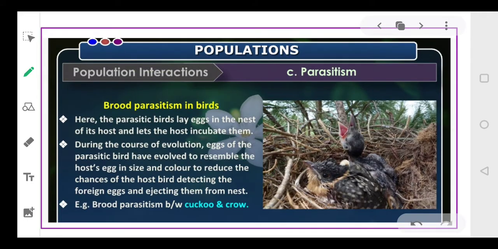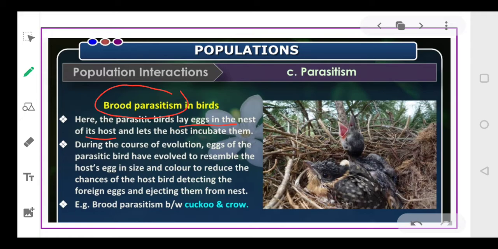Now apart from this, dear students, there is a third phenomenon which is observed, that is called brood parasitism. Now this is initially, or you can say actually, observed in case of birds. Okay, this is called brood parasitism. Now what basically happens in this, the parasitic bird lays the eggs in the nest of the host, and then the host incubates the egg and takes care of the eggs, and once it hatches, then the host is able to distinguish that it is not